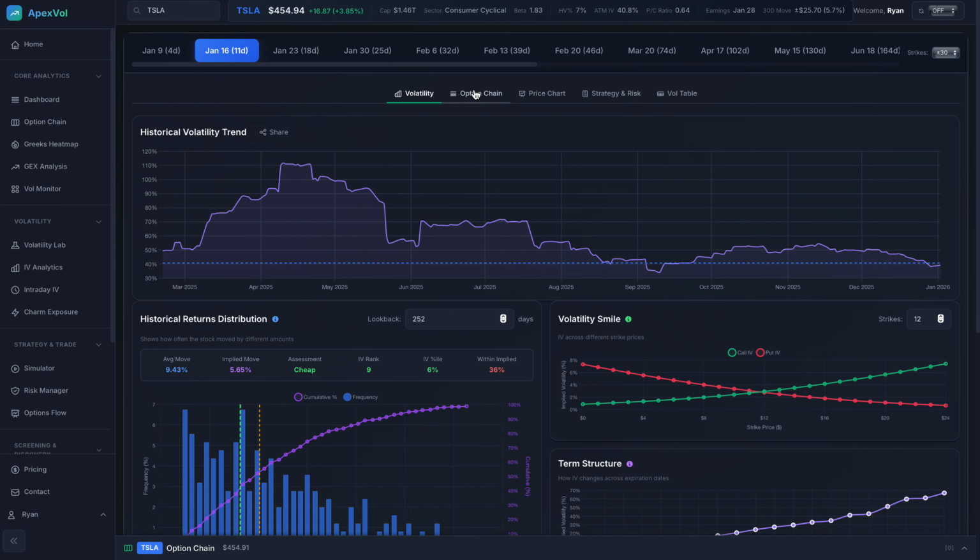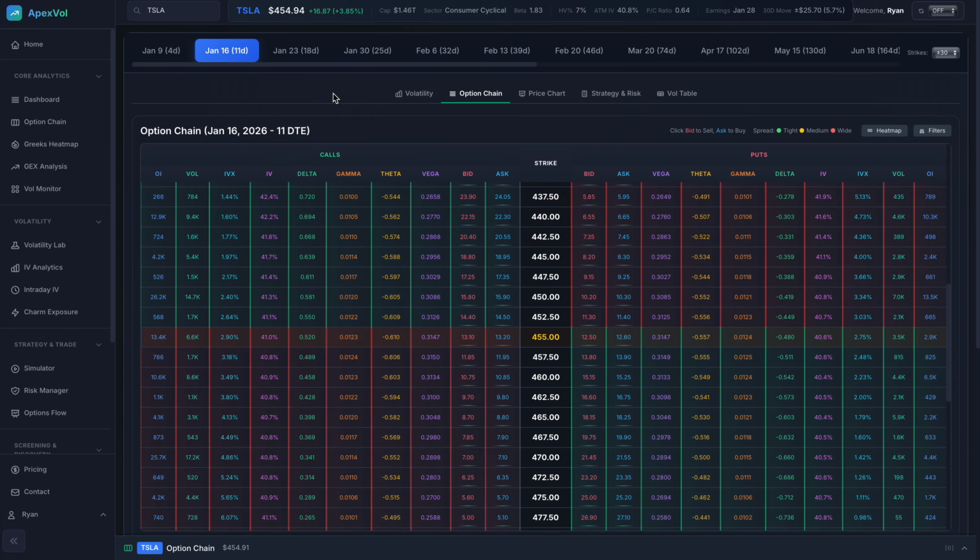We'll now move into the option chain. So this is where the option chain is housed within ApexVol. So we have here the bid, the ask, delta, gamma, theta, vega. We have the IV, we have the IVX, we have the volume, and we have the open interest. Now, just to give a bit of a brief on what this shows,